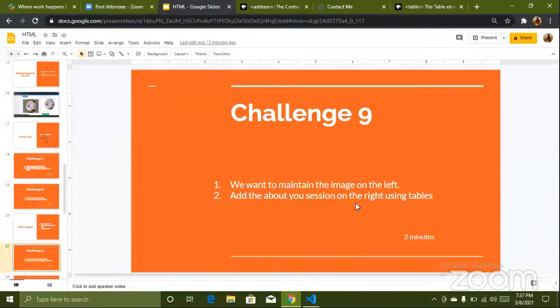Okay, so we are going to use tables to do this. I'll do this challenge to explain the tables in detail. Before there'll be another question on table, so you can try it on your own afterwards. So what you want to do is maintain the image on the left, and then the about section will be on the right. So something like,